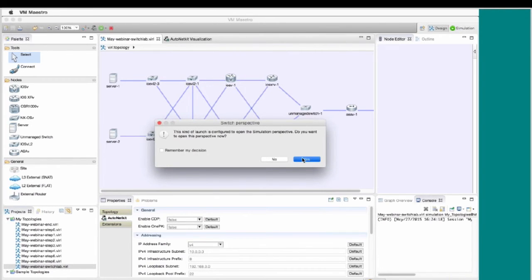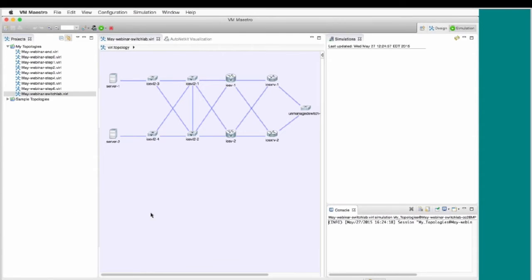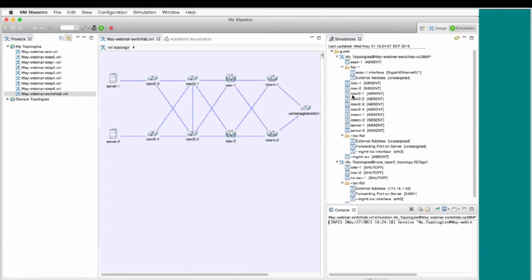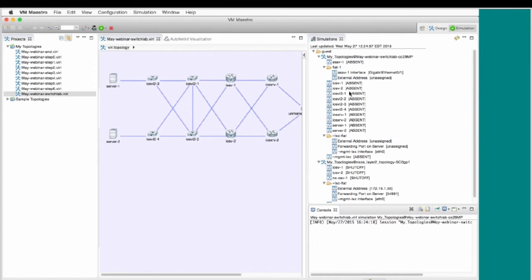That's just so that we get a separate arrangement of the views. We don't really need the properties view so much anymore. And our focus switches here to the simulations view. So most of the interaction that we're going to do in the current version of VMaestro now will be in